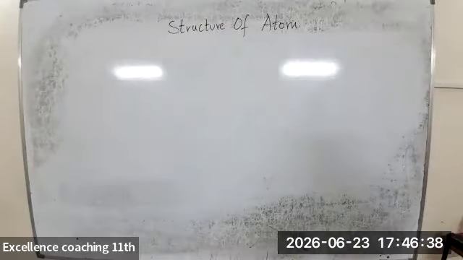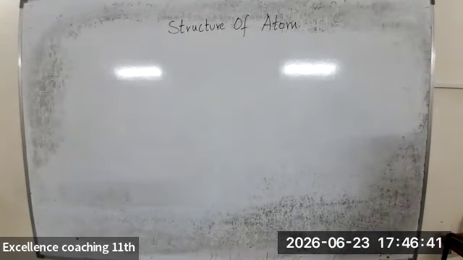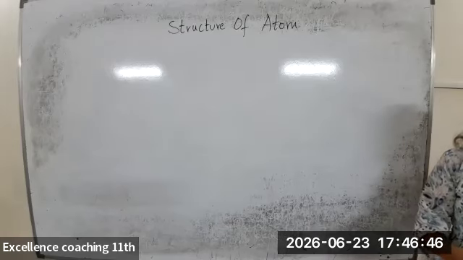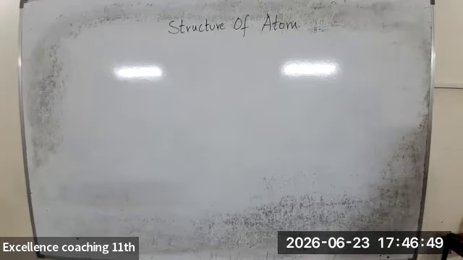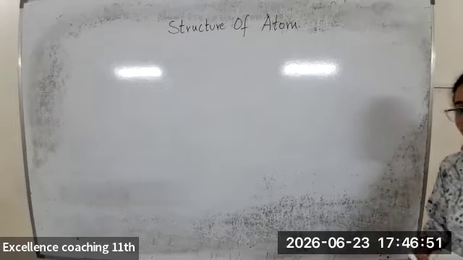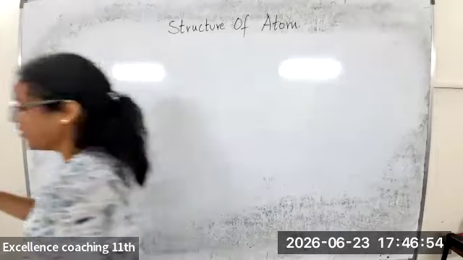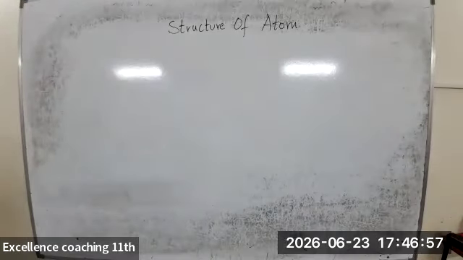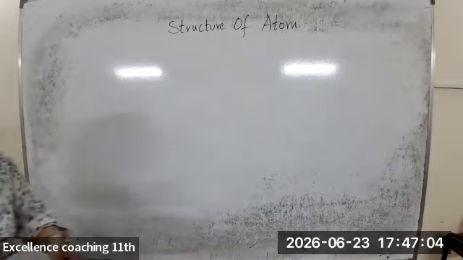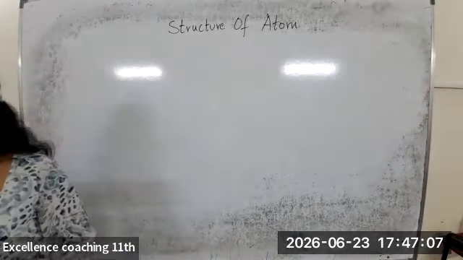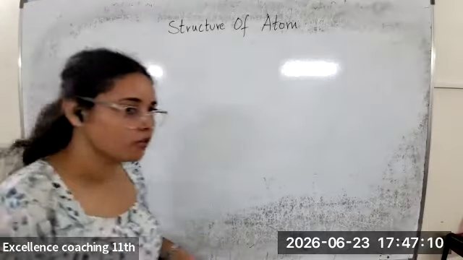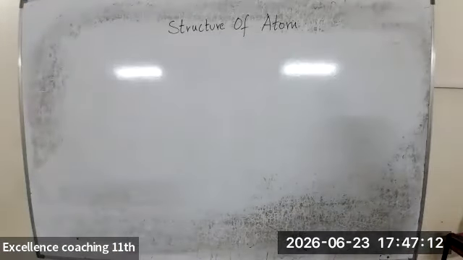Done, solves. So number of protons will be 89. Then neutrons will be 142. Then number of electrons will be 89. All got right. You already solved. Understood? Okay. So now